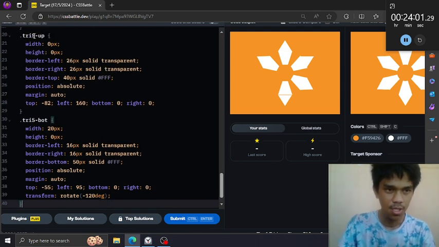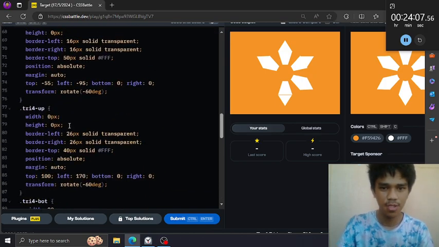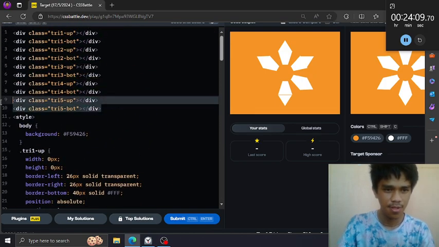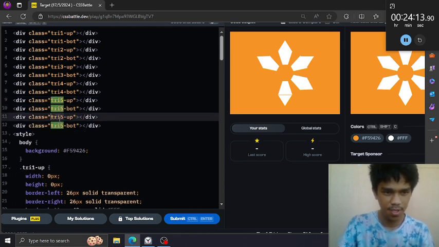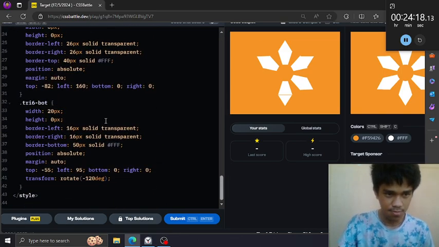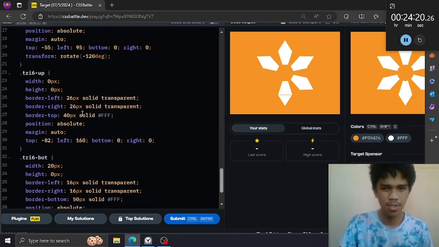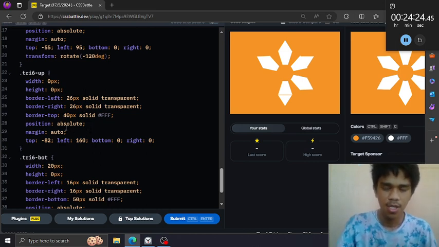So let's create a 6. This is the last, I swear. You're taking long enough. Copy this one, rename this 5 to 6. Then from this one, let's create an alternate. Let's create its symmetry.